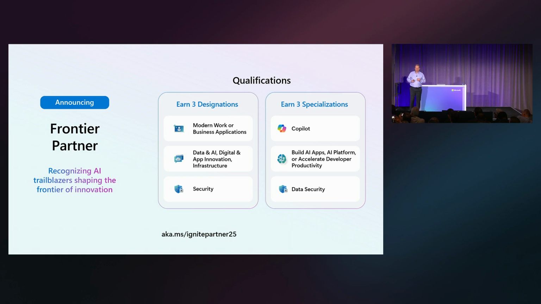Firstly, this week we announced the new Frontier Partner Badge. This badge is a signal to customers and to Microsoft sellers that you're leading the way in AI transformation. To qualify, it's necessary to gain 3 solution partner designations and 3 specializations in accordance with the charts that you see on the screen there. We are here to help you get there. And if you have questions about how to get there, again, we have people at the Hub who can help you with that today.